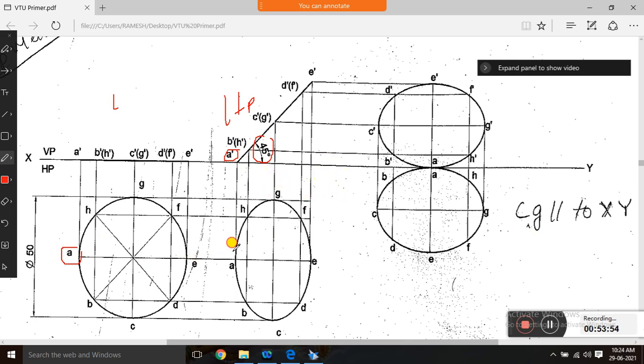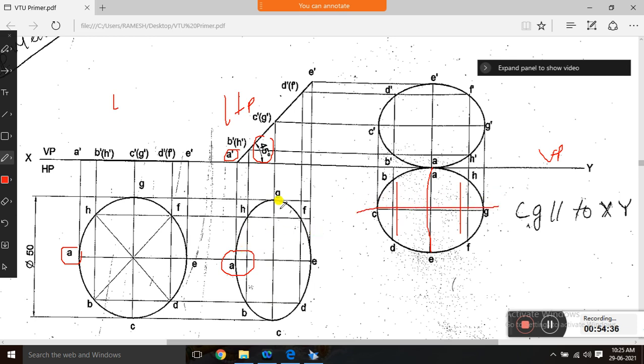Instead of VP inclination, this point A is parallel to VP. So parallel to VP means take this point A, place it on this XY line, okay, then draw a vertical line, exactly vertical line, so that you will get a point A and E for the same distance. Next, go for reconstructing B, C, D, E, F, that is by drawing the same vertical lines, with a distance measured from here to here, and draw the vertical lines. And afterwards draw one horizontal line, because perpendicular to this vertical there is a horizontal line, and this horizontal line is CG. If you draw that horizontal line, you will get the CG point.